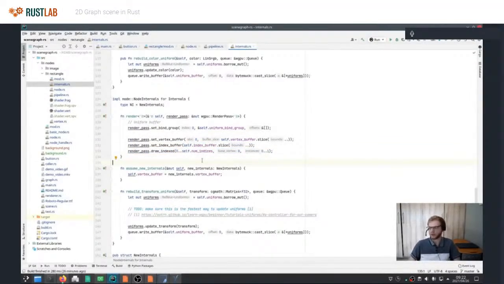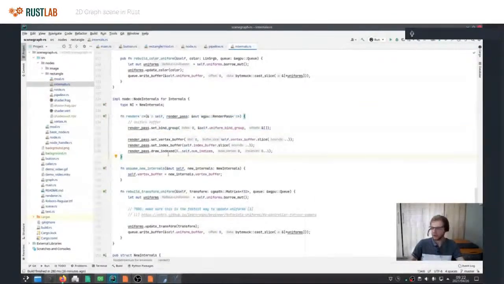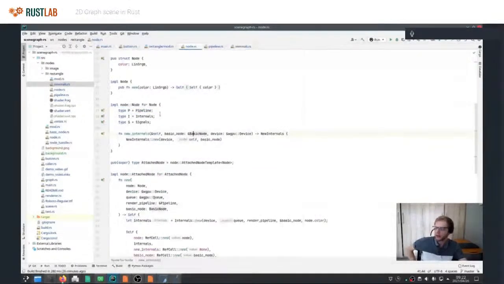So what happens is that changing the pipeline does come with a bit of overhead, and it's expensive. So what you do want to do is take all your rectangle nodes, attach the pipeline once, and then call render on all of them, and then move on to a different type of node. So the optimization here is that the scene graph is actually responsible for attaching a pipeline, and that's part of why I ended up having pipeline as an associated type on the node.